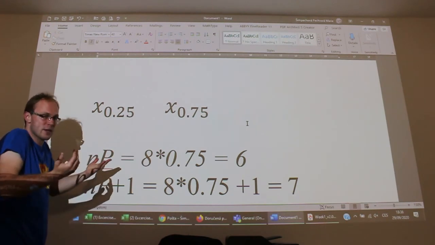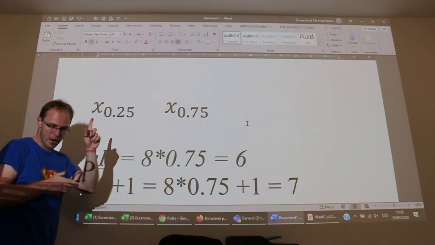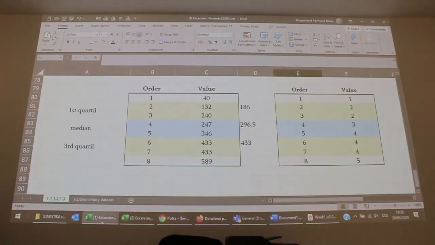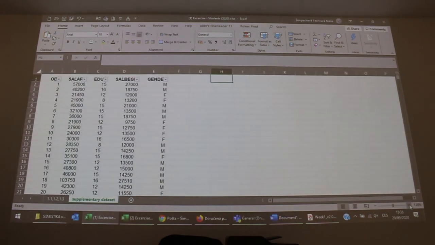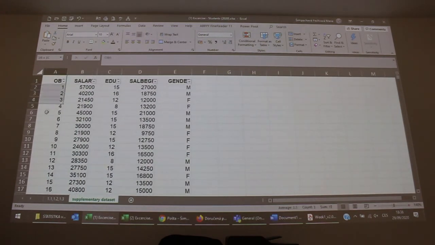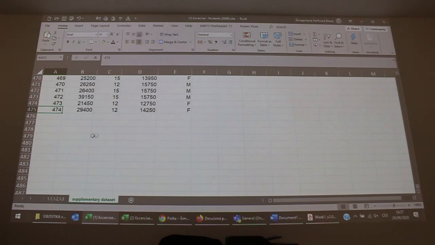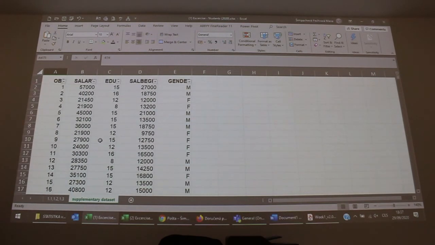If you want to practice these quantiles, I have for you a special data sheet. Here in your Microsoft Excel, you have a supplementary data set. This is just observation, from 1 to 474 observations. So this is a large data set, a very large sample, and you have here 4 variables: